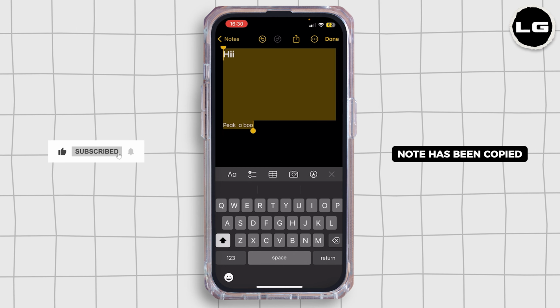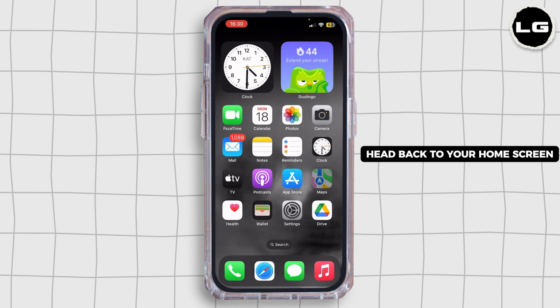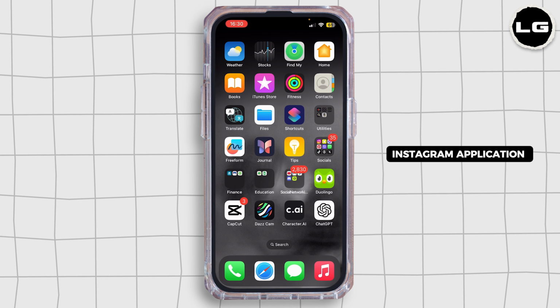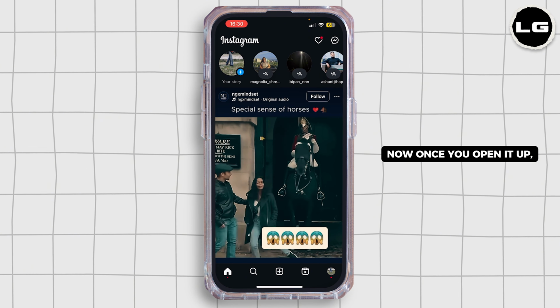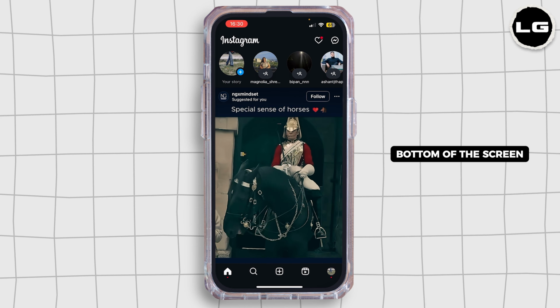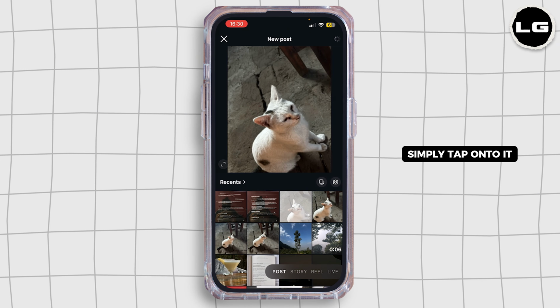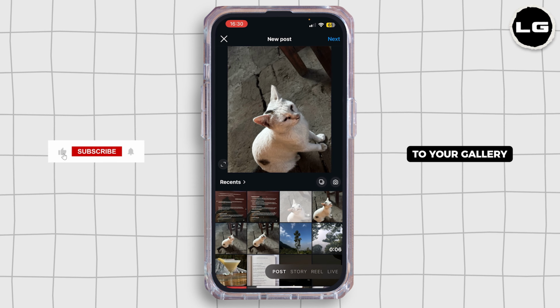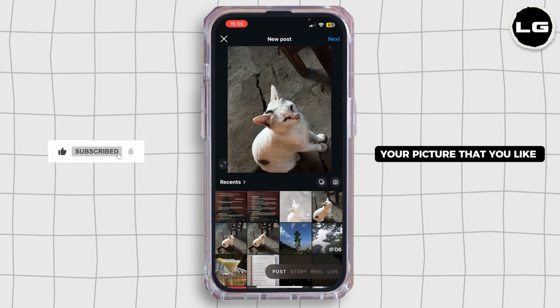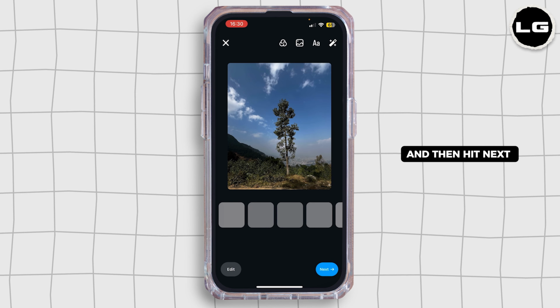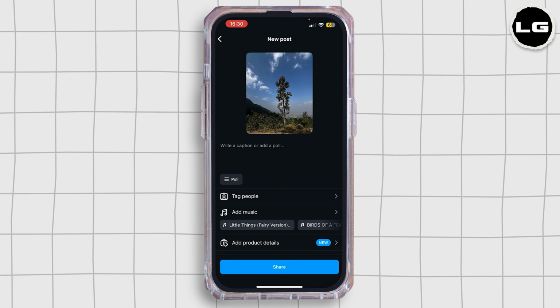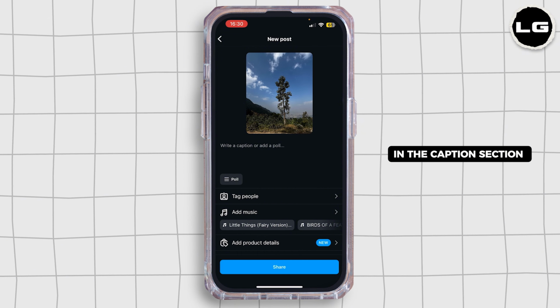Now once the note has been copied, head back to your home screen and then open the Instagram application on your mobile device. Now once you open it up, you'll find this plus icon at the bottom of the screen. Simply tap onto it. Now it will lead you to your gallery. Go ahead and select the picture that you'd like to post on Instagram and then hit next. Tap on next again. And just like so, in the caption section, long press